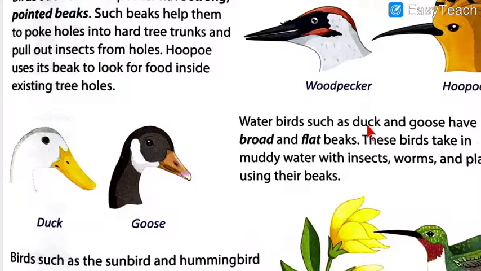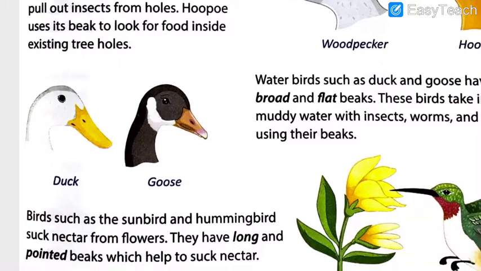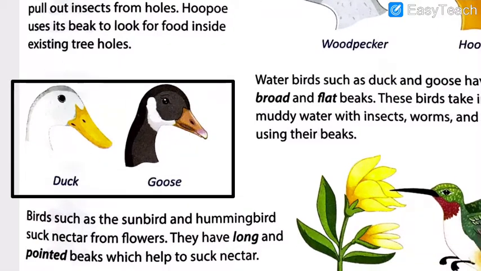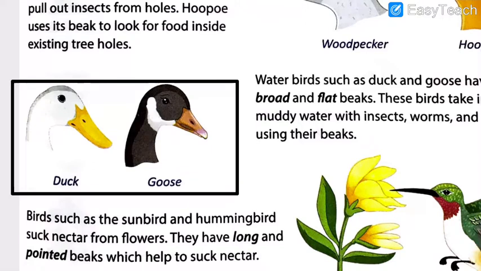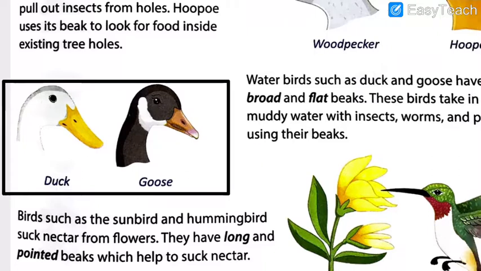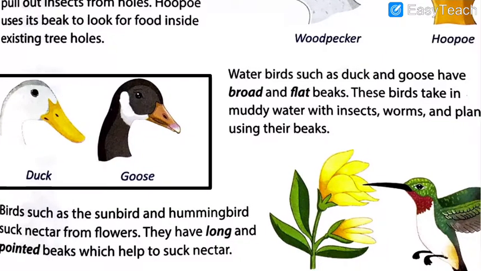Water birds such as duck and goose have broad and flat beaks. Now as you can see, duck and goose have broad and flat beaks. The beaks are not pointed, so they cannot kill any insect, they cannot hunt any insect. So now your question might be, sir, if they are not hunting, how will they eat? These birds take in muddy water with insects, worms and